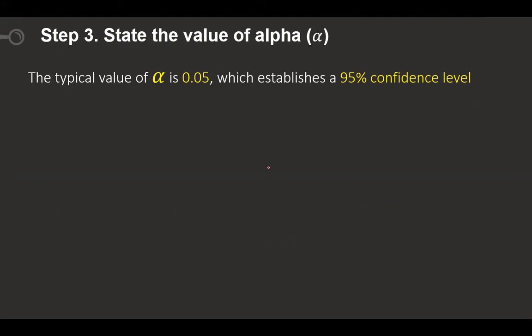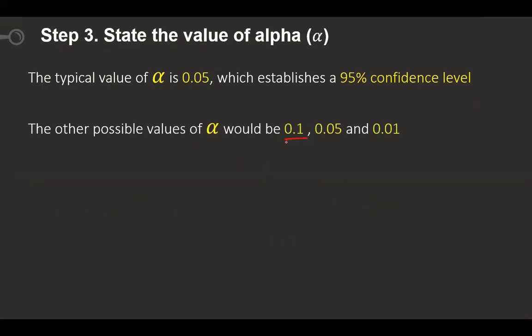So now the usual values will be 0.1, 0.05, 0.01. We mostly will be using these 2. If we are not so confident, then a 90% level of significance, and we will only get a 90% confidence level.